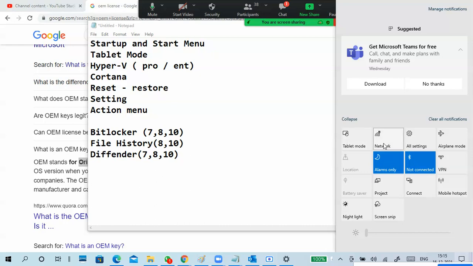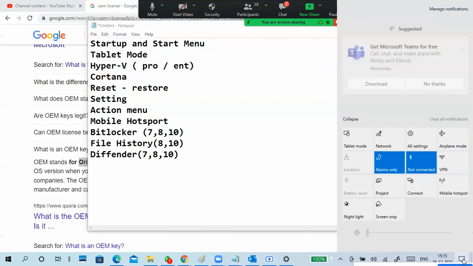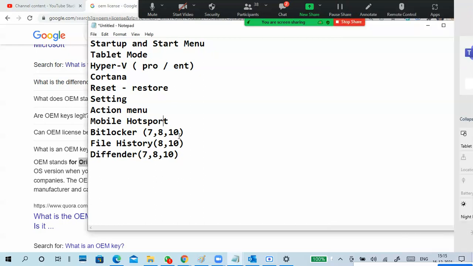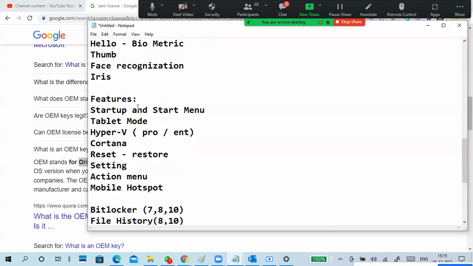You can convert into tablet mode, network, alarm, remote connectivity, mobile hotspot. Like this, these are the features.